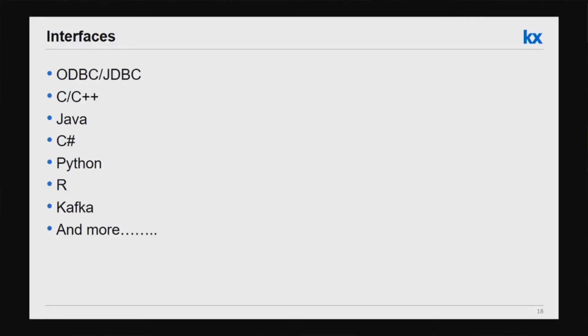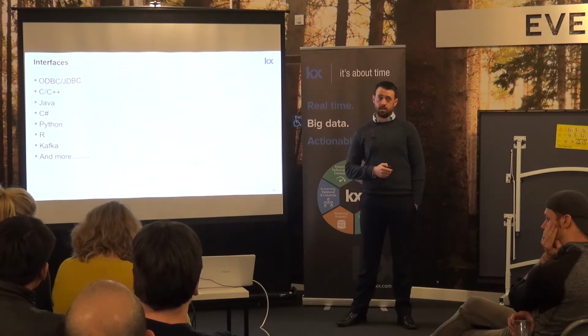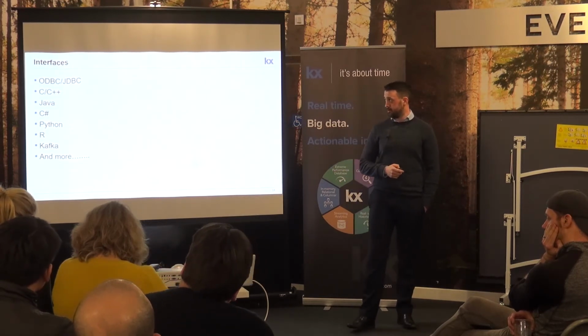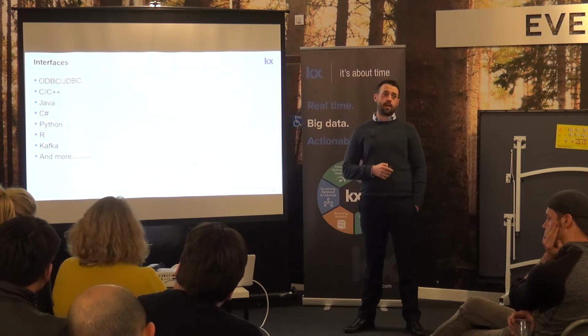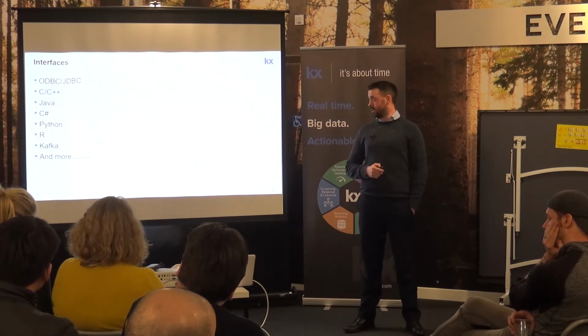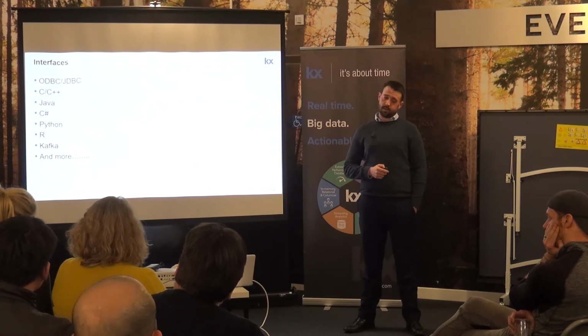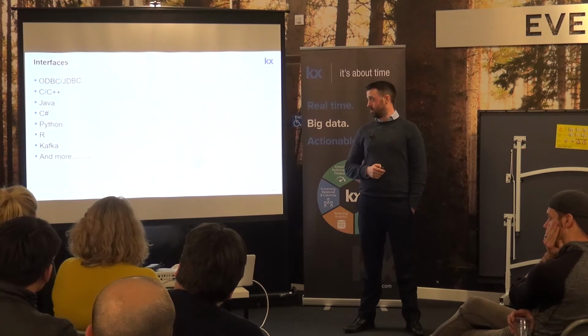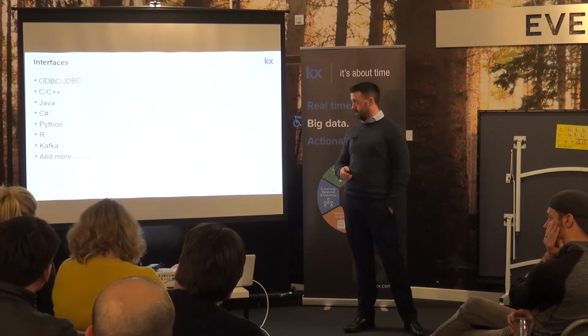Then we also say that you don't have to use Q to be able to take advantage of Q. So there are a lot of interfaces out there, and there's more being added all the time. Here are just a few examples, and there are a lot more on the code.kx page. These typically work in one of two ways. Either you have a TCP/IP connection where we push data back and forth, or we have, let's take Python for example here,